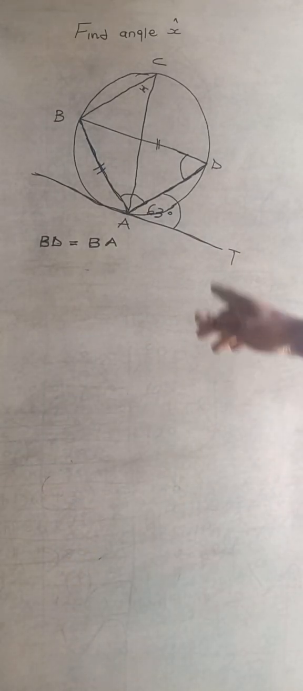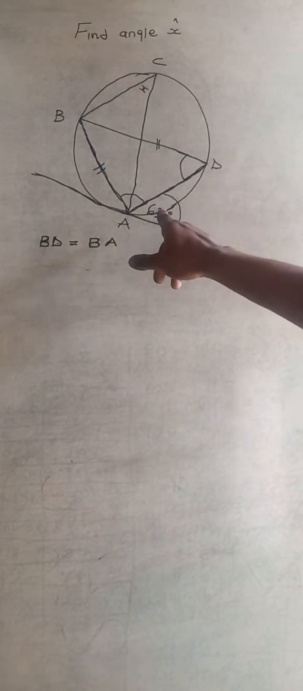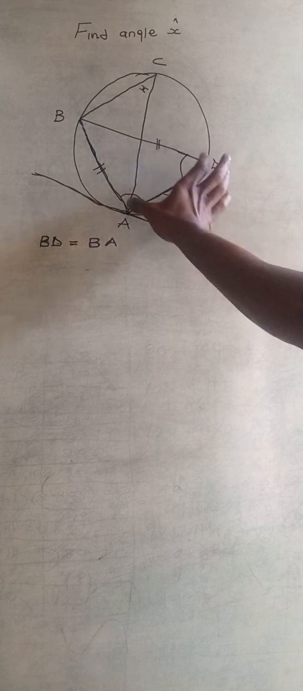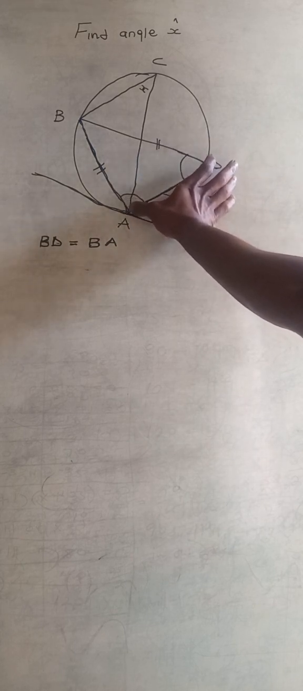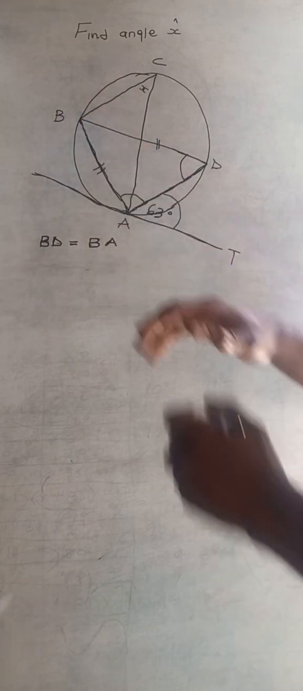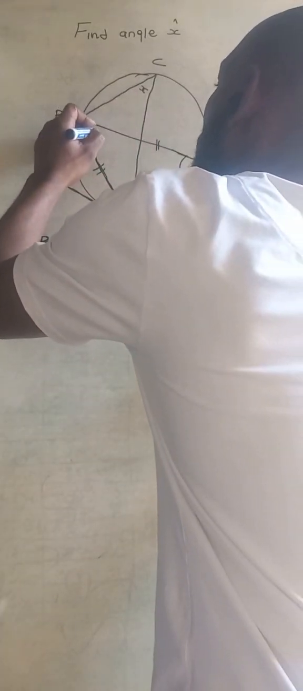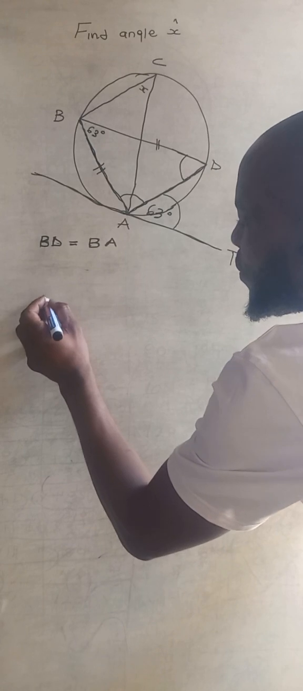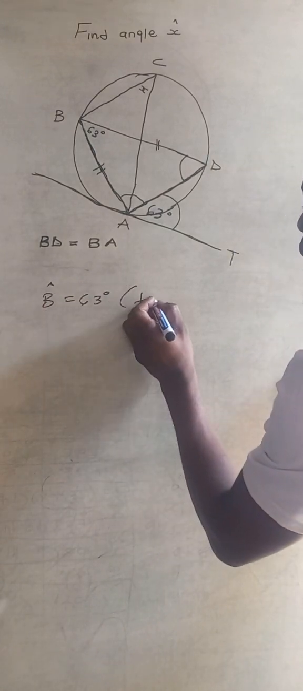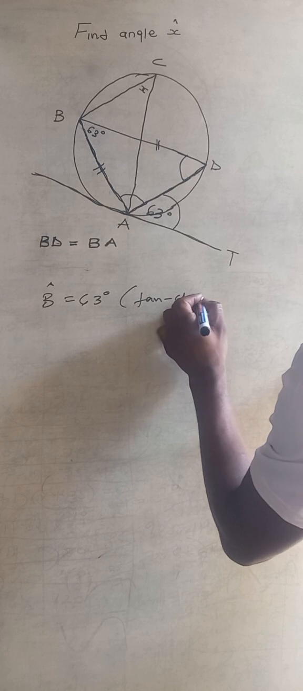So if we look at this one, the first angle we can calculate, we have a tangent and then we have a chord. We can use the tan-cot theorem. We put our fingers on either side of the chord and then we slide. If this is 63 degrees, therefore B is also 63 degrees. Therefore, angle B is equal to 63 degrees. What is the reason? Tan-cot